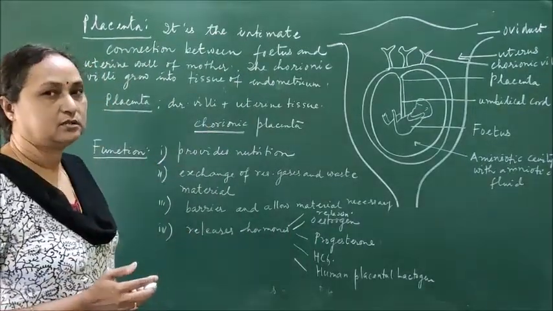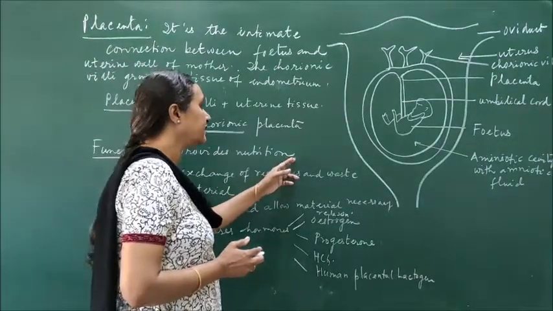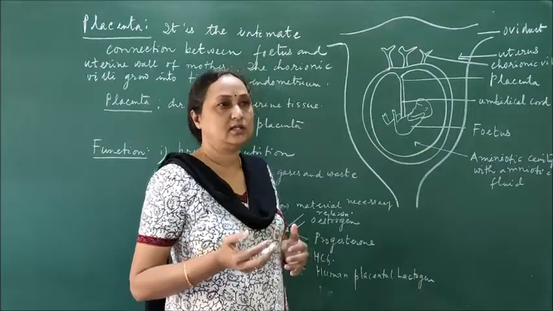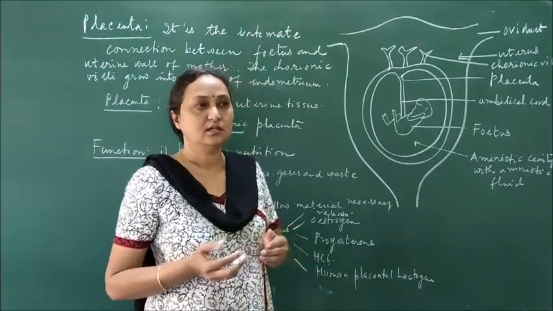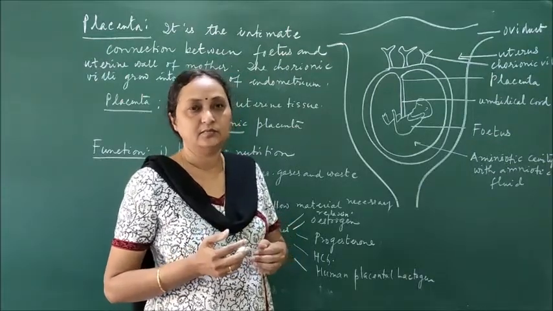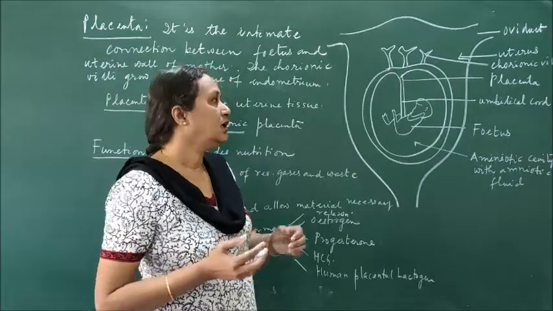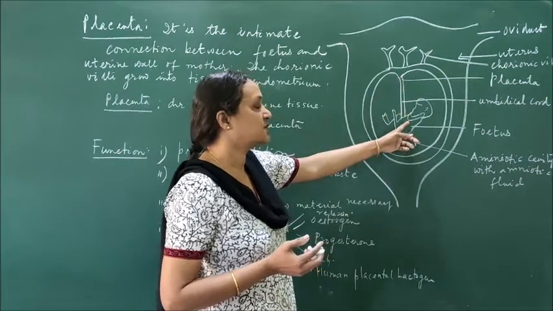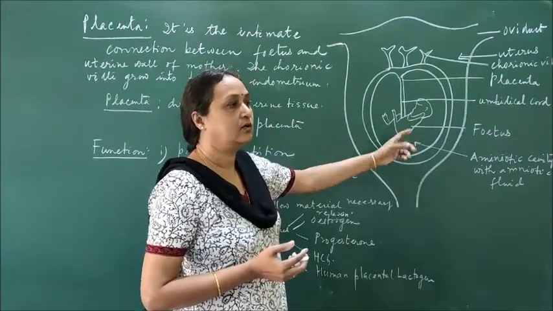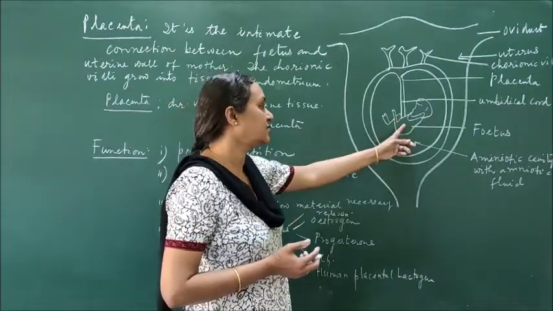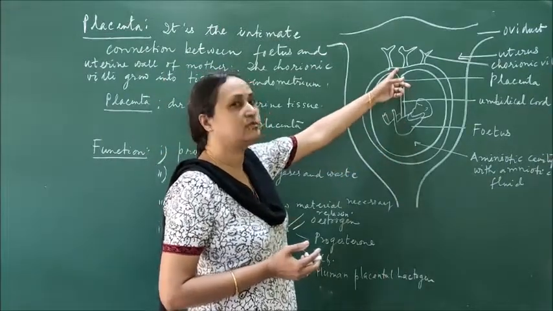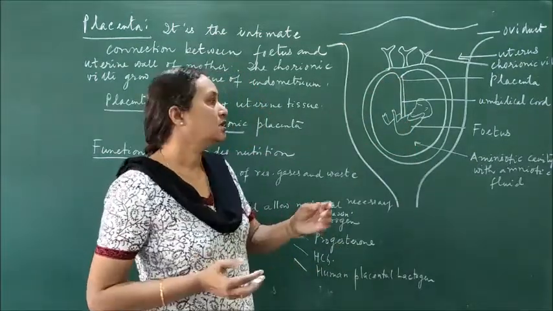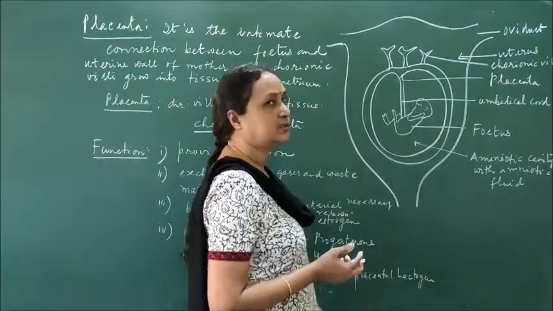Placenta functions are many. The placenta provides nourishment from the mother's blood to the fetus. Whatever food the mother is taking, after the process of digestion, food is transported with the help of the blood. So the blood has digested food, and with the help of the placenta, the digested food can be transported to the fetus for development. And also it is responsible for the transfer of oxygen to the fetus and transfer of carbon dioxide to the mother's blood. Also, whatever waste material the fetus has produced is transported to the mother's blood with the help of the placenta.